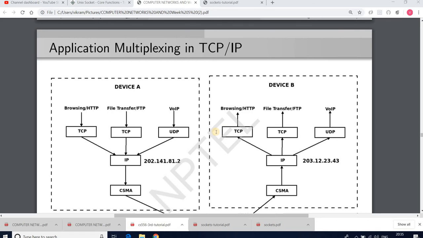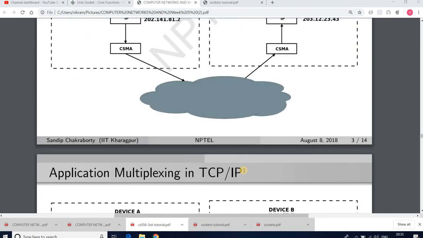There are multiple processes running on different machines, and those processes want to communicate with each other. During that time we ensure this process to process communication with the help of the transport layer of the protocol stack.